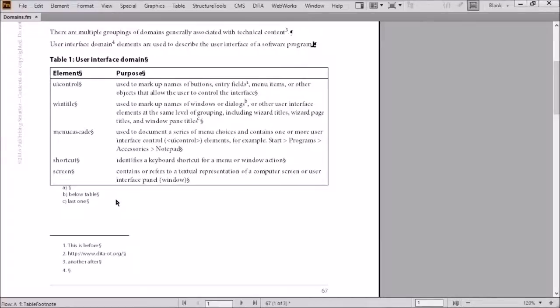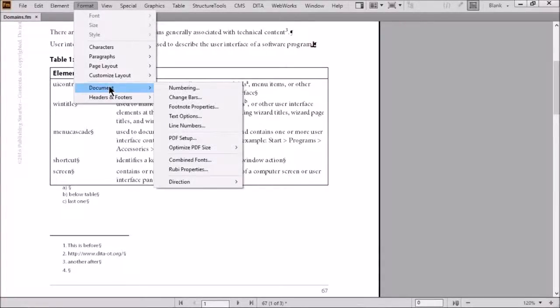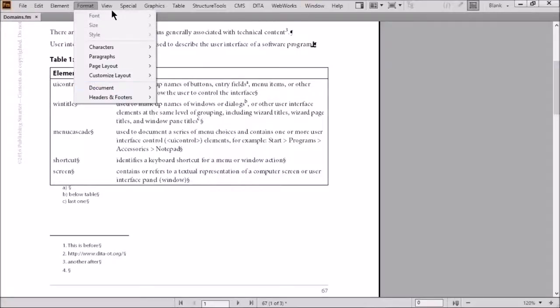So far, so good, pretty quick. Let's go in and make a couple more changes. Let's go in and change around the appearance of the line. We know about the paragraph designer. We know about going in under format document and using the number of the footnote properties. There's one more set of properties that you are able to control the appearance of content with, and that's in